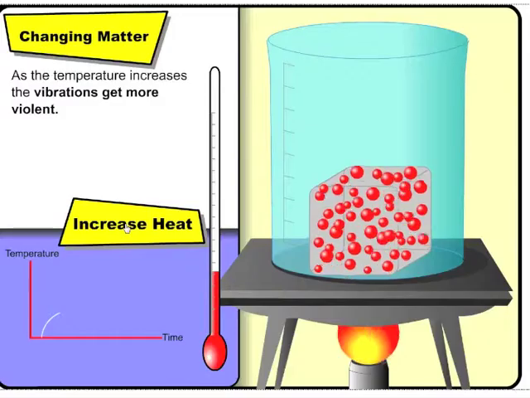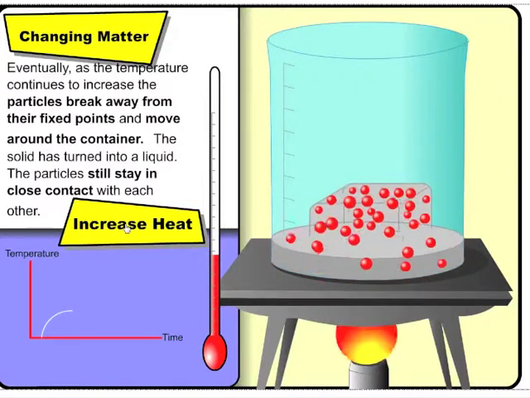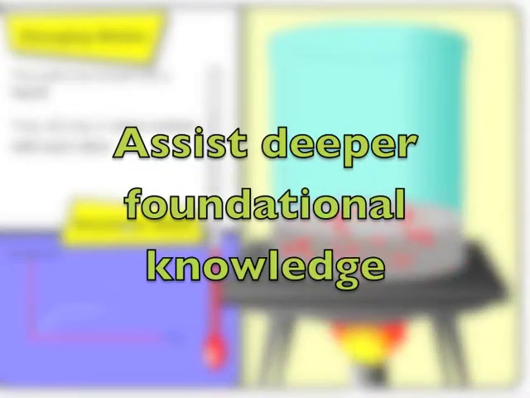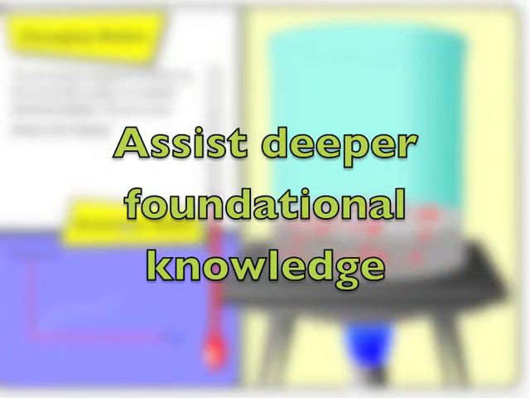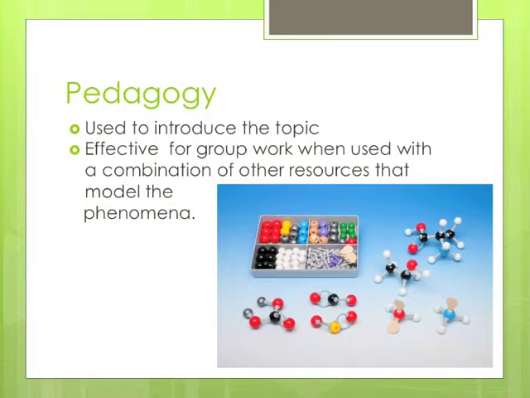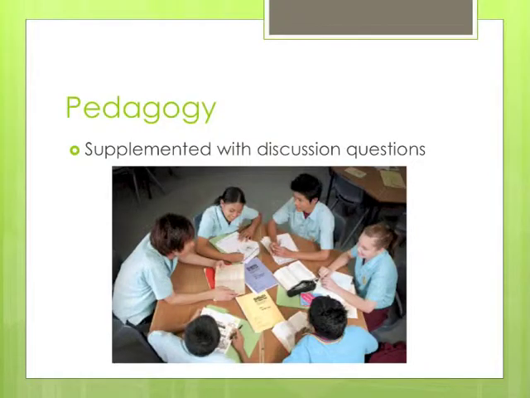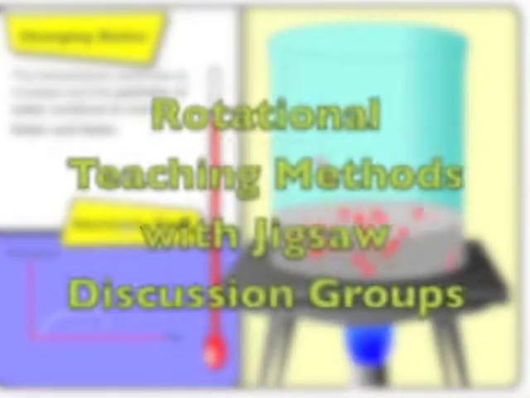chemical world. A clear and concise interactive particle model such as this one would provide students with a deeper grasp of states of matter at the atomic level and allow them to build on their knowledge throughout the rest of the unit. Used in combination with a range of other macro-scientific models, such as plastic molecular models and diagrams, these models could be distributed between different groups in the class and a rotational teaching method used in the double period